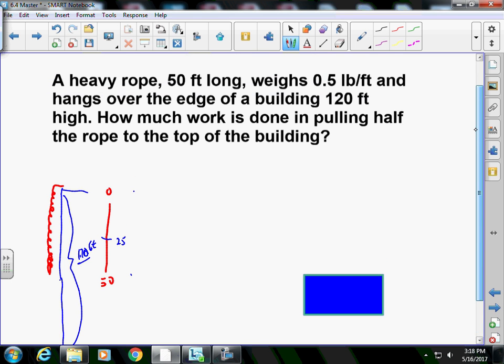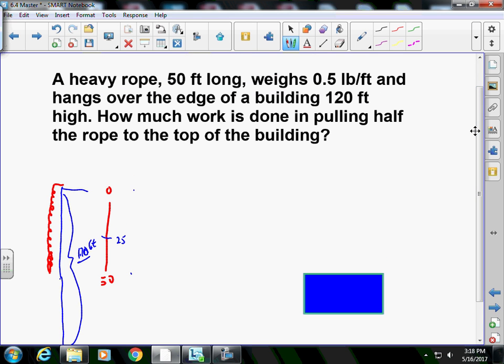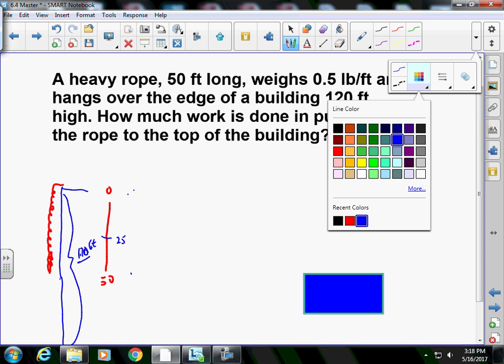I want to pull half the rope. So I'm going to take the first 0 to 25, and I'm going to pick all that up from here. All this is going to go up here and lay. So now I'm going to have this much rope, 25 feet. And then I'm going to have this much rope, 25 feet. Right? So this part of the rope